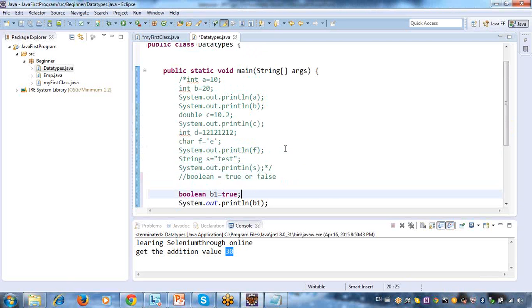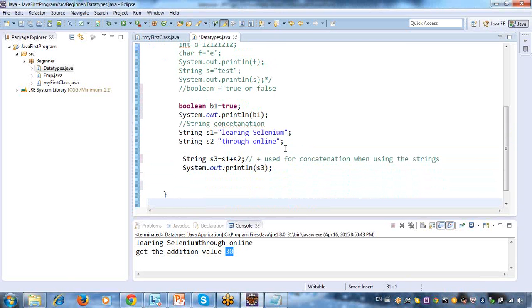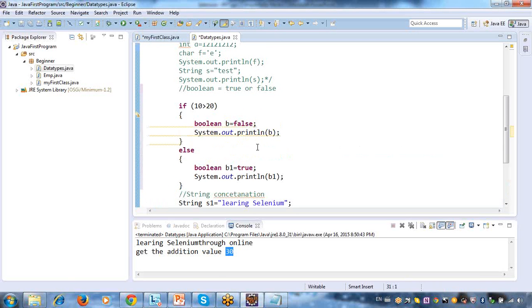I will tell you how to implement this if condition. This is just for our understanding only. Otherwise I will say boolean b is equal to 10 greater than 20.